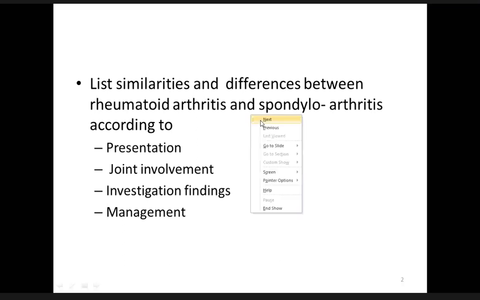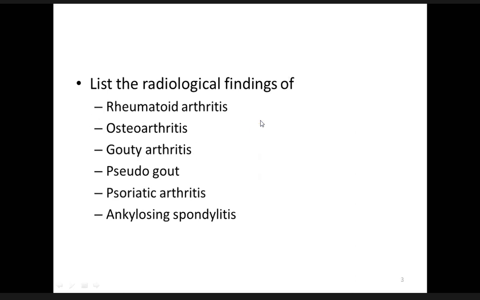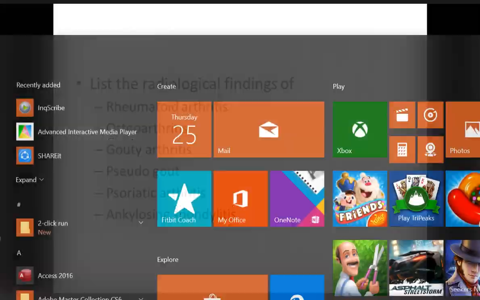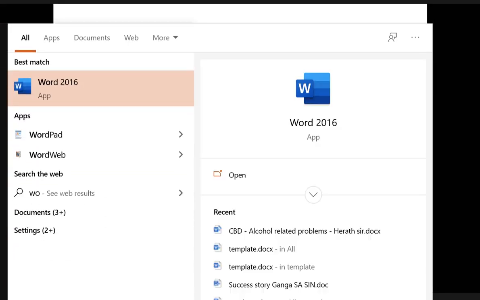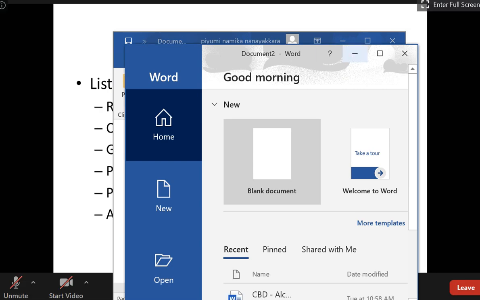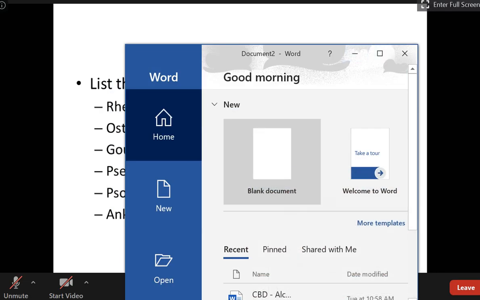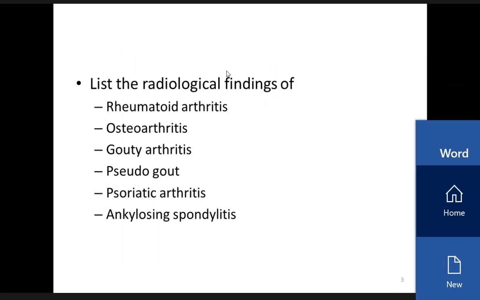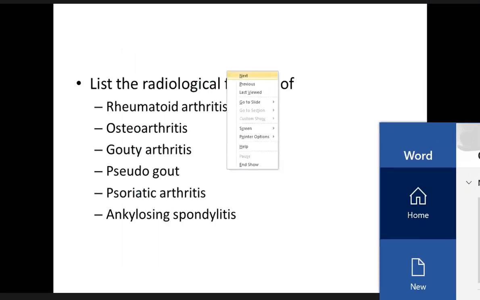Rheumatoid arthritis, osteoarthritis, gouty arthritis, pseudogout, psoriatic arthritis, and ankylosing spondylitis, right? So that was sort of a homework to get you all prepared for this tutorial, right? So we will start with this short